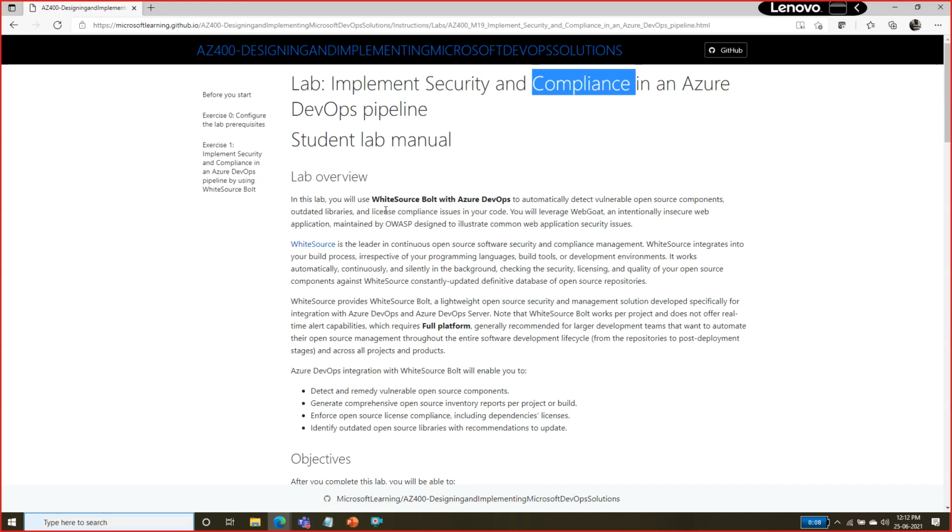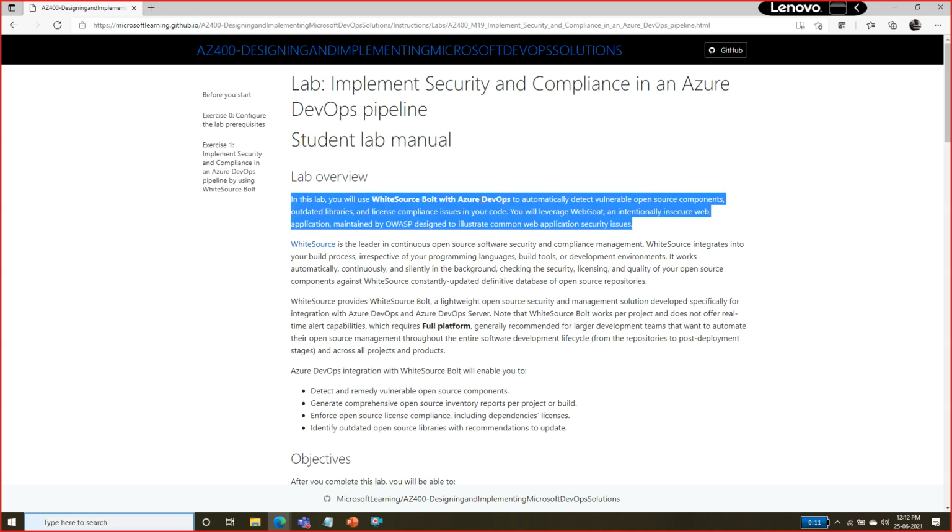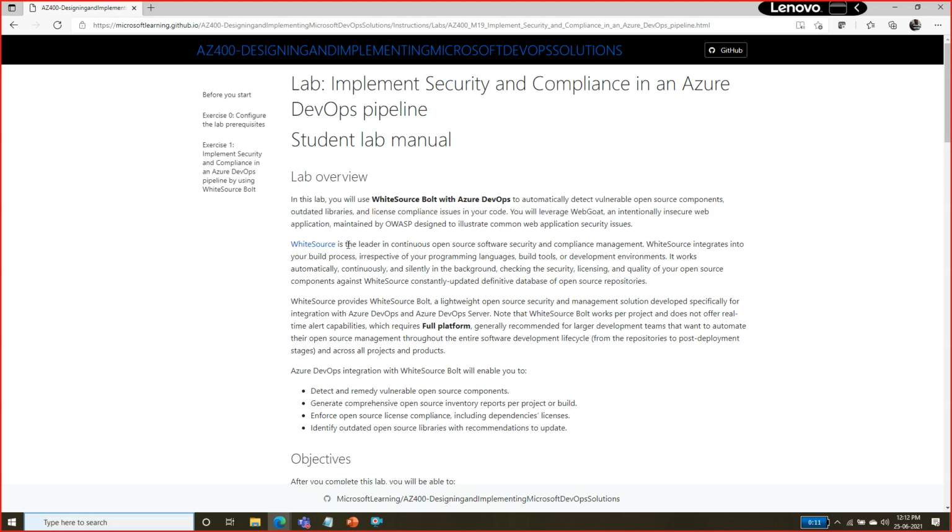In this module, we are going to talk about how we can implement Azure White Source Bolt into the Azure DevOps pipeline. Azure White Source Bolt is going to help you in terms of open source security and licenses. It is going to check the license and the security, and what the compliance requirements are. It will help you understand where the risk is and what the risk percentage is. Okay, so you are going to get those things from this.